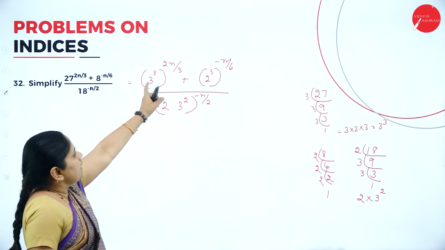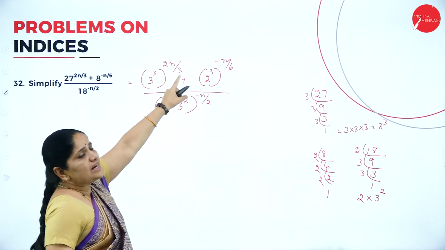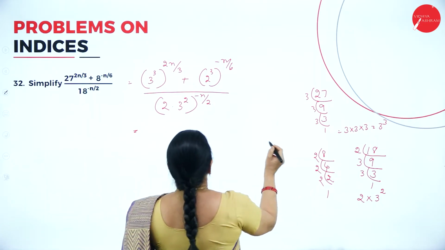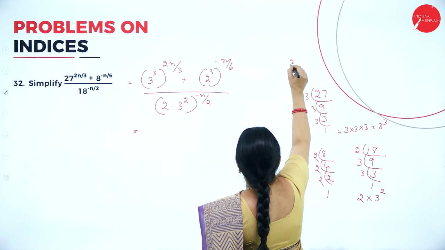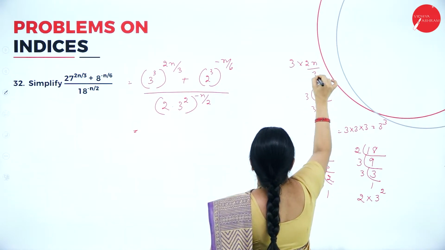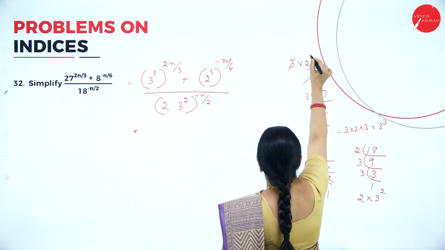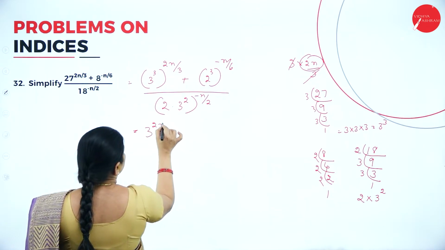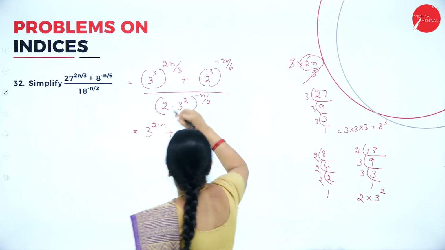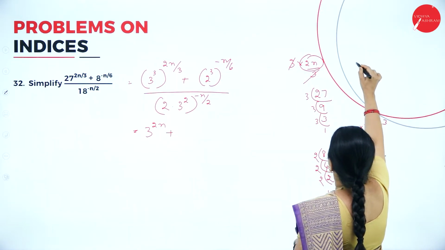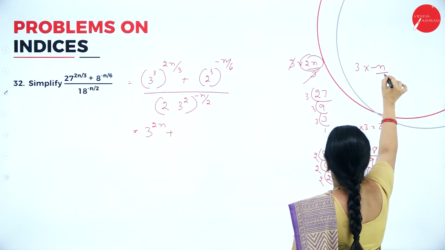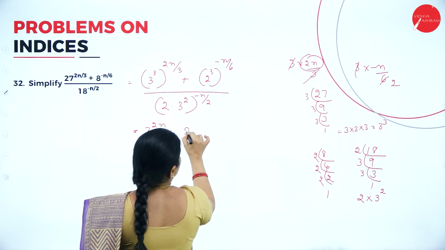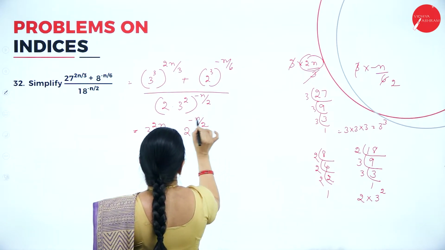So now I have 3 to the power of 3 into 2n by 3. Now I will just simplify this here. In the working column, I will write 3 to the power 3 into 2n by 3. 3 and 3 get cancelled, only 2n is remaining. So I will write here 3 to the power of 2n plus. So next one, I have to simplify this. So 2 cube to the power of minus n by 6, so 3 into minus n by 6, so 3 2s are 6. So this will be equal to 2 to the power of minus n by 2, whole